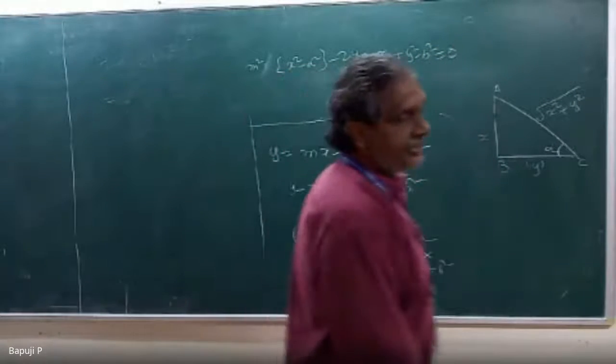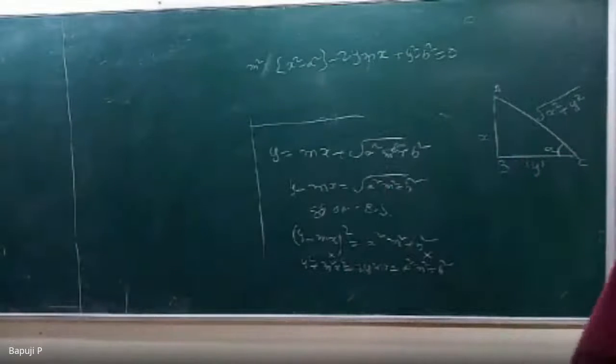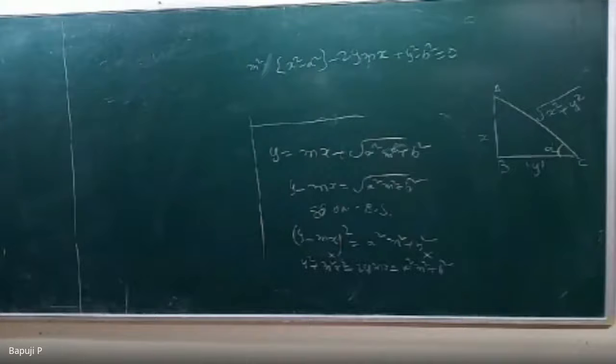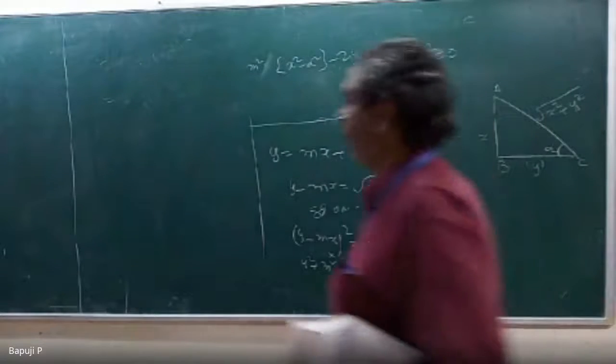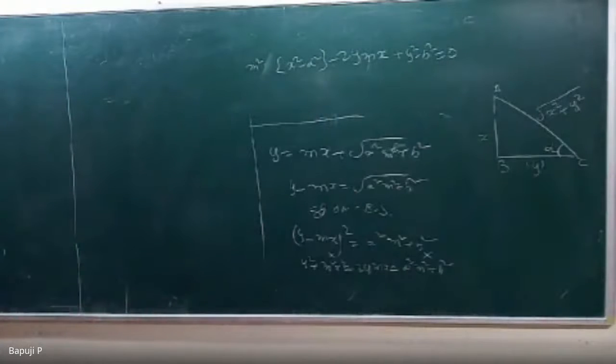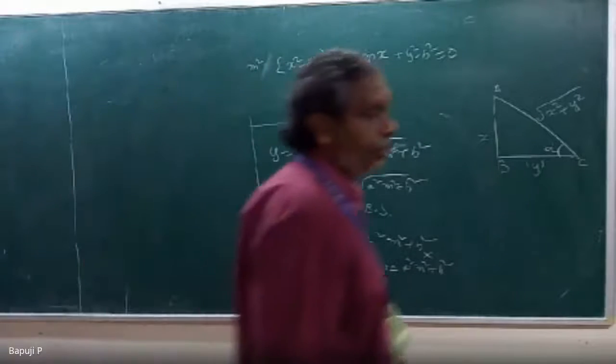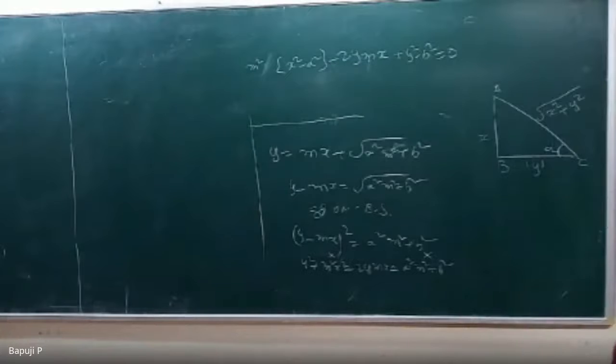Now the given equation is quadratic in m, where m is the parameter. So directly, can I apply the discriminant or not? Now who is my A? x² − a². Who is my B? −2xy. Very good. Who is my C? y² − b². Given the equation is quadratic in m, hence the envelope is B² = 4AC. Since a and b are already in the question, don't take small a; take capital A, capital B, capital C.